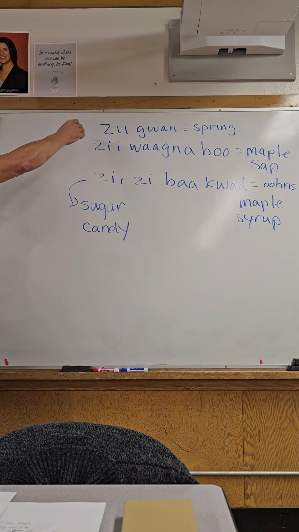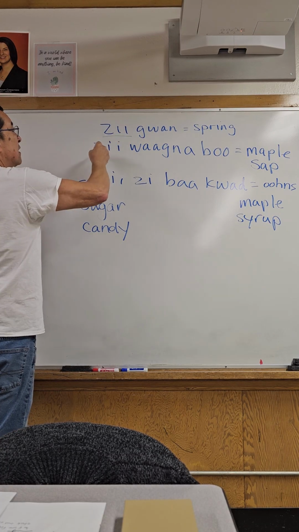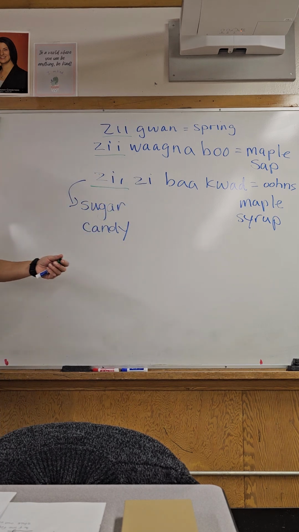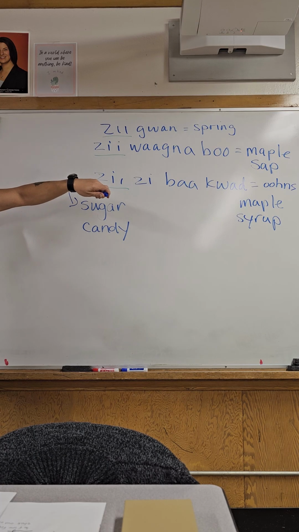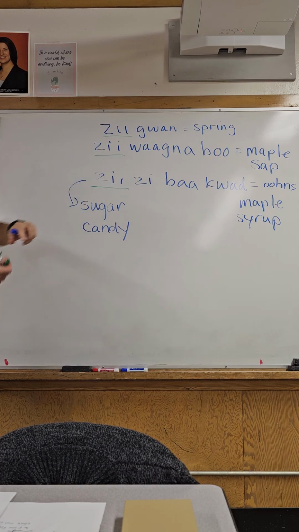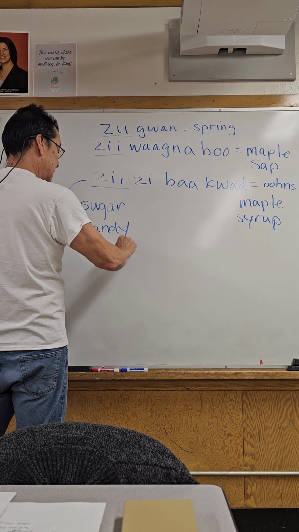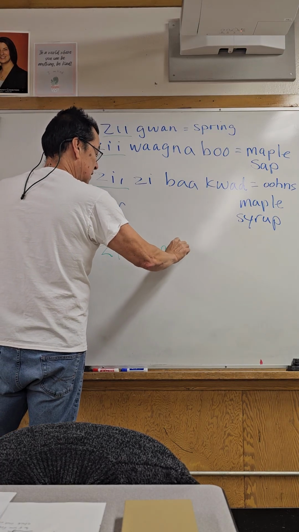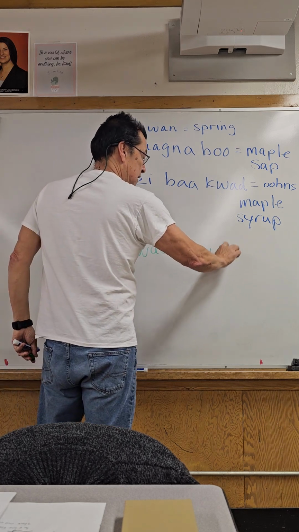And these are all connected here. And it worked out well because that's kind of like the theme for today. We're going to talk about some of the words and how they connect, and then the images that come up when you're speaking those words, those little bits of words. So you made a connection today, right, between Ziigwan and Ziinzibaakwad or Ziwaganaabo, or what was the other one? Ziwaganade?